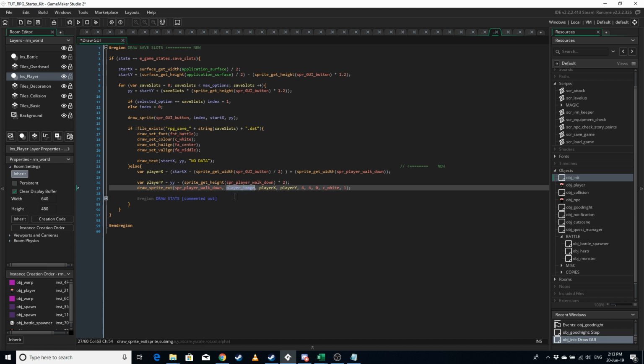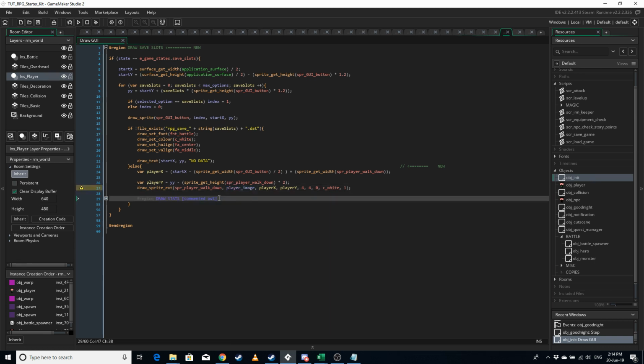Player image, so we want the sprite to animate, so we're going to add player image as well. That's going to go from 0 to however many images there are in the sprite, and then it's going to go back to 0 again, and that's going to animate the sprite. And all that we need to do now, just to at least test that this is working, is to go